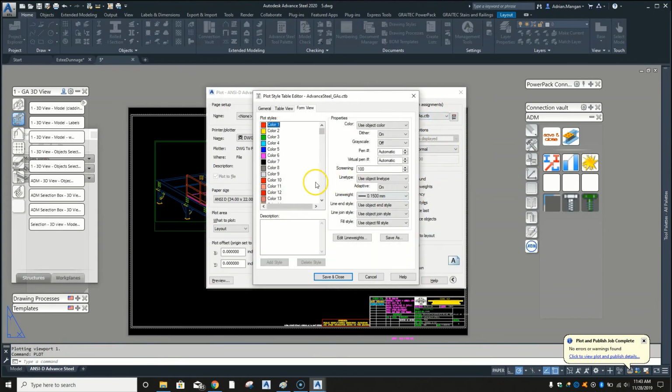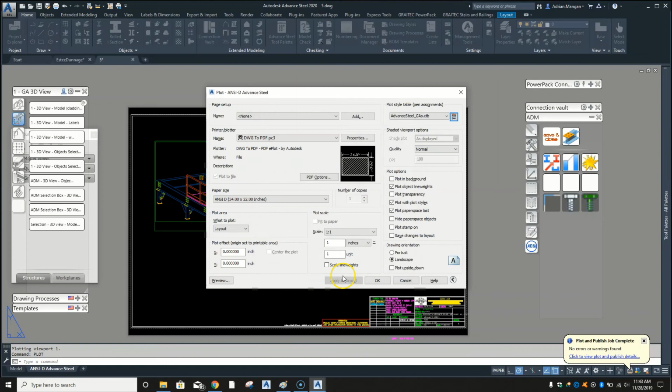Just go in here, go back to the color. It's probably good practice also to keep a note of what ones you change. And then we'll just change this back to black. Now you can change the line weight of these. Maybe your bolts, which are a different type of green, you want to make a lighter line weight. Maybe they don't look great on a drawing, or maybe you want to put them in as a grey color. So what we could do is,